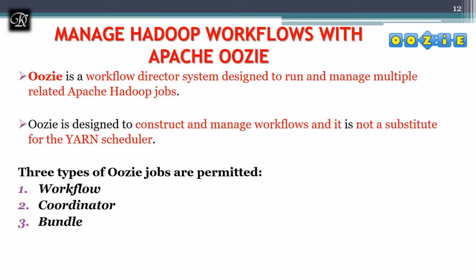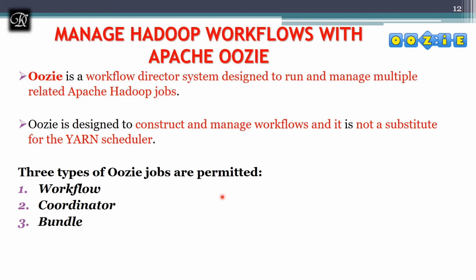Next we'll see Apache Oozie. What is its job and why are we going to use it? Apache Oozie lets us design connections between multiple Hadoop jobs, making use of a DAG, a directed acyclic graph, through which it connects the multiple Hadoop jobs, where some jobs can be parallel and some can be sequential. It acts as a connector over here.